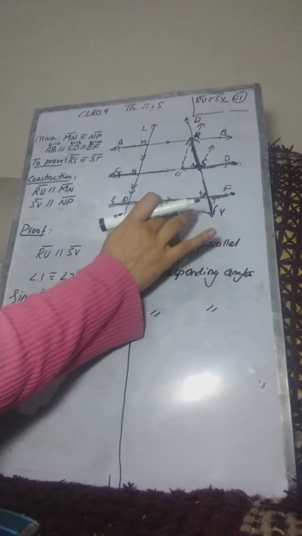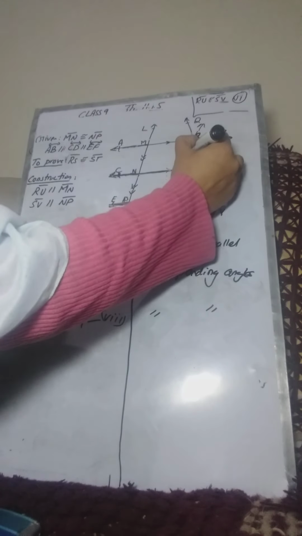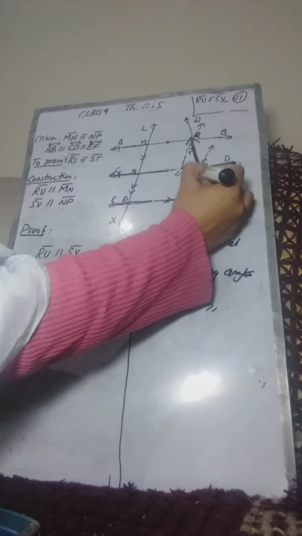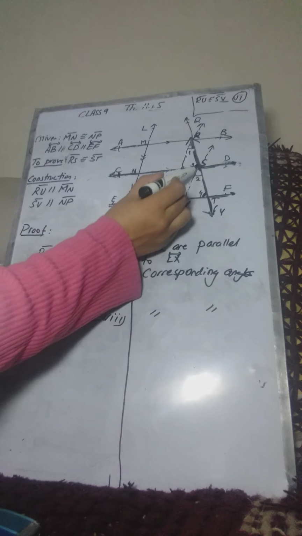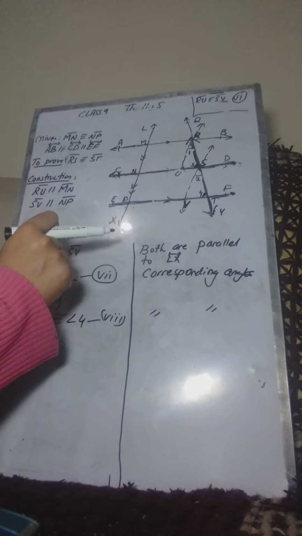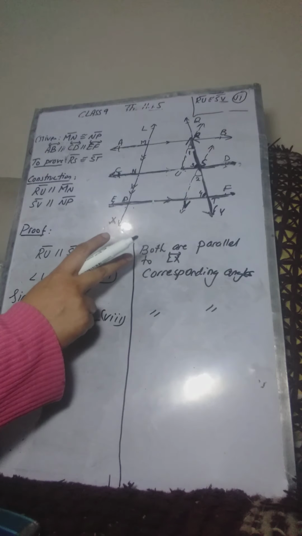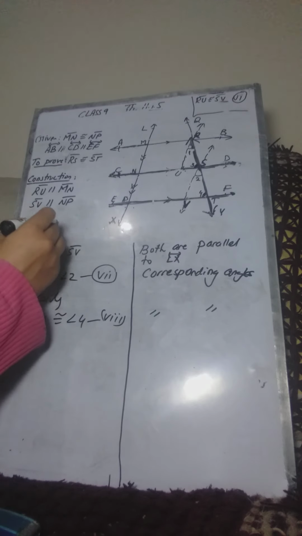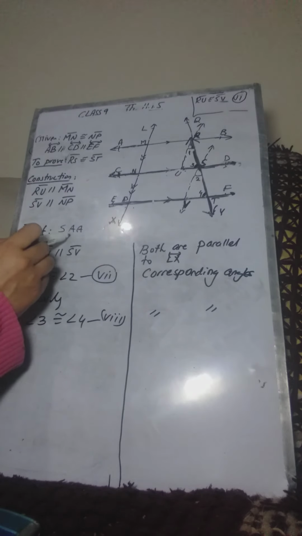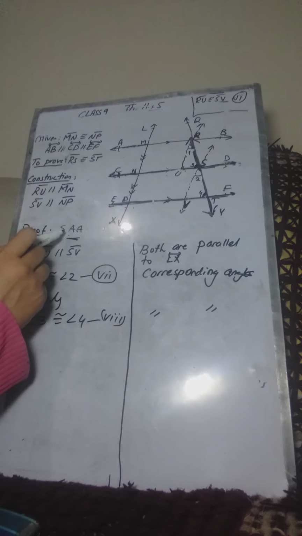Now coming to the triangles again, RU and this was SV. This was angle 1 and this is angle 2. Now we will consider these two triangles and make them congruent by SAA postulate. What was SAA postulate? In SAA postulate, we take two angles and a side which is not the included side of those angles. Not the included side, be careful.